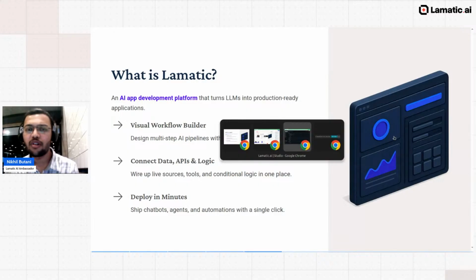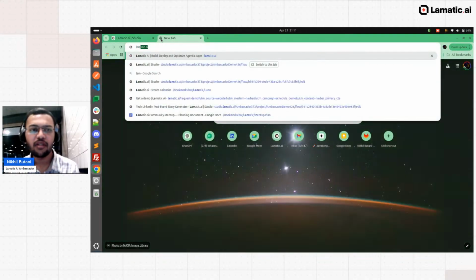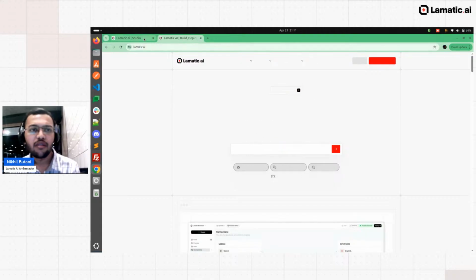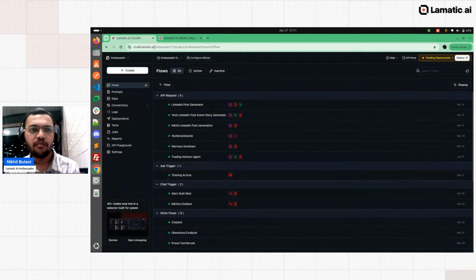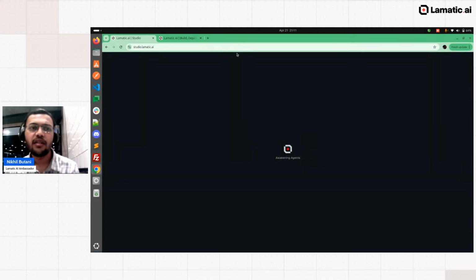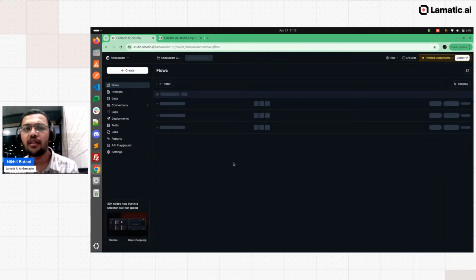I am just reviewing this, like if I can open it, right? You can also visit this slide as well for how Lamatic works. Okay, here you can see one of the tools. It's the studio of Lamatic.ai. You can just see this UI, right?